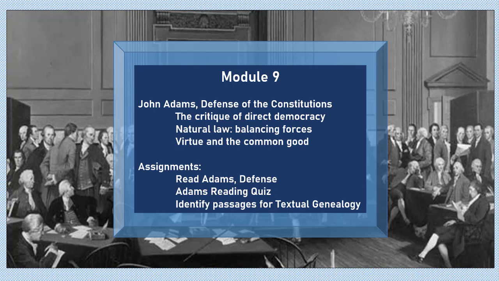As you can imagine, criticizing democracy in the era of democratic revolution does not make one a particularly popular writer. And that's a primary reason, as we'll see, that Adams's text remains a kind of obscure secondary or even tertiary text in the canon of the Revolution. But his analysis is illustrative of the transition we want to follow in the final part of the course toward the federal constitutional model. The Madisonian turn is fundamentally a critique of direct democracy as it was expressed in Paine.